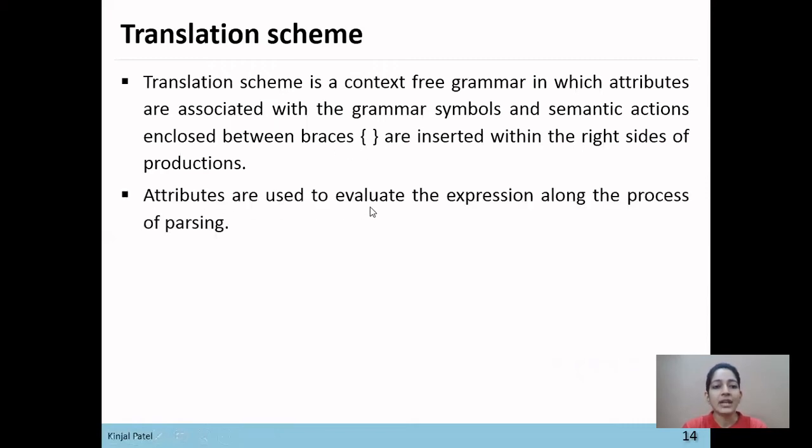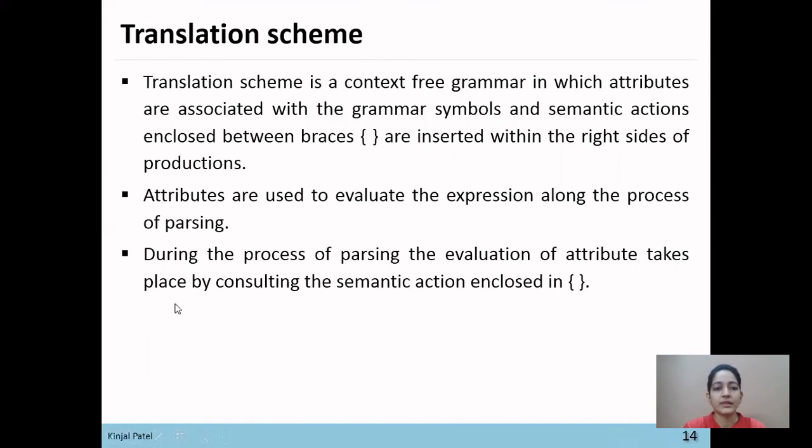The attributes are used to evaluate the expression along the process of parsing. During parsing, the evaluation of attributes takes place by consulting the semantic actions enclosed in curly braces. This means the evaluation of attributes can be performed only if semantic rules are enclosed in curly braces.